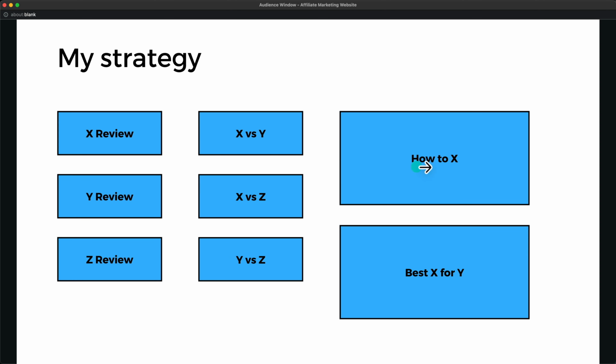And this is when you can create a post like this. So this would be like a pillar post that has a high traffic potential. And then you can link to all of these other posts here, and you can have these posts linked to this post. So this is basically how I would build authority within a specific niche. And again, I would start with these search terms that are either a review or that are a comparison between 2 different or even 3 different products, because usually these have a lower competition compared to these kinds of posts here.